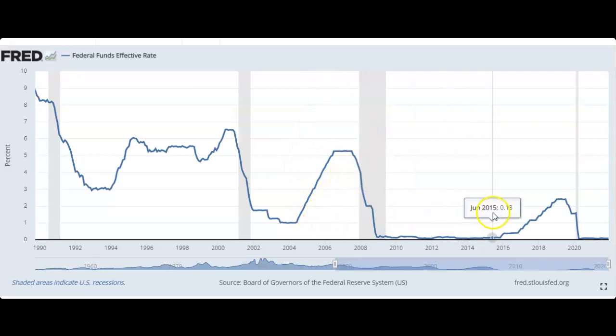But we are going to take a look at the cycle that happened right before the COVID collapse, and also this one in 1994 to 1995. I know this was not a major market top, but just for informational purposes, we are going to take a look at that just to see how the market reacted. But let's actually get into the one that happened just before the internet bubble back in 1999.